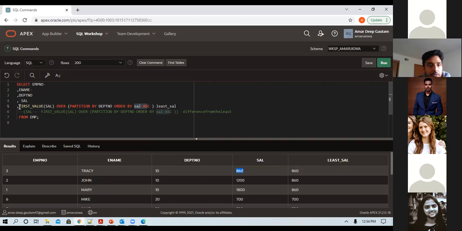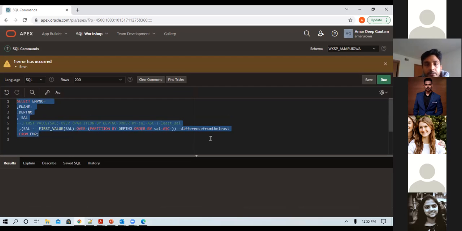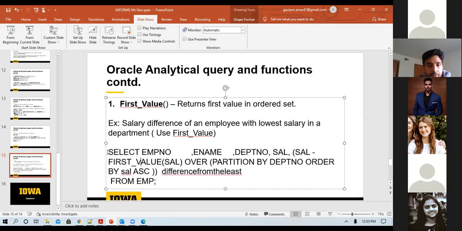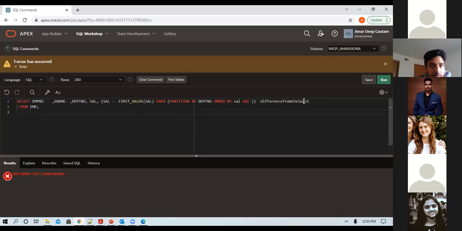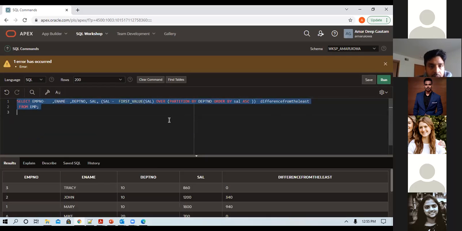And then I'm just commenting this part. I'm using the same expression, and then I'm subtracting the salary. So what this will do, it will tell me the difference from the least. So this is what it's doing.